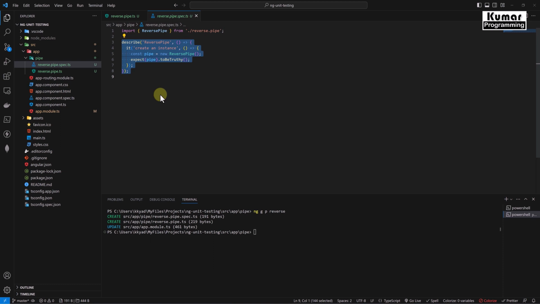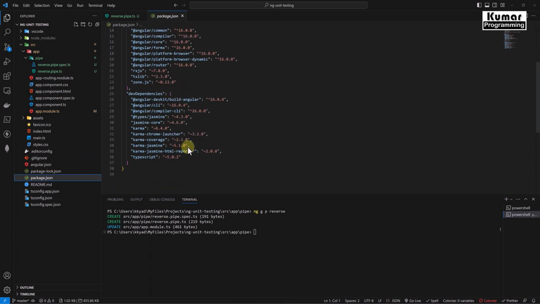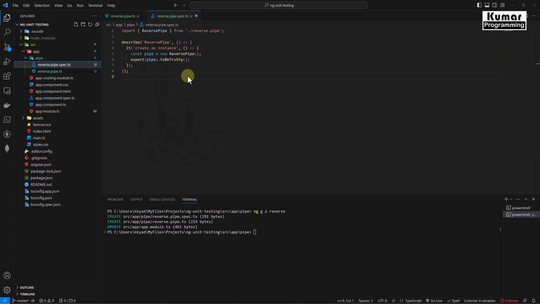Okay, and Karma is a test runner that is being used to run all those test cases in our HTTP server. Okay, now you got to know Jasmine is a programming language that is being used to write the test cases, and Karma is a test runner that is being used to run all those test cases in our HTTP server. And if you see here, both Jasmine and Karma are already installed by our CLI tool once I have created my application. Okay, now let's go back to our spec file